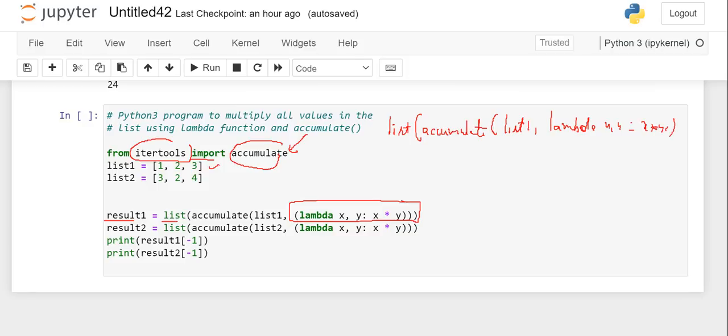Accumulate will take an iterator and a function. Here from the iterator, what is the list? 1, 2, 3. It will take the first x and y values as 1, 2. So x is equal to 1, y is equal to 2. x into y is equal to 2. So this 2 will be accumulated in the list. And for the next iteration, it takes 2